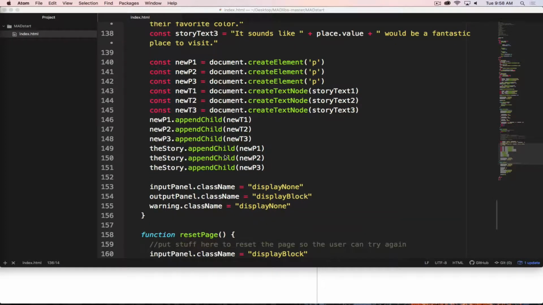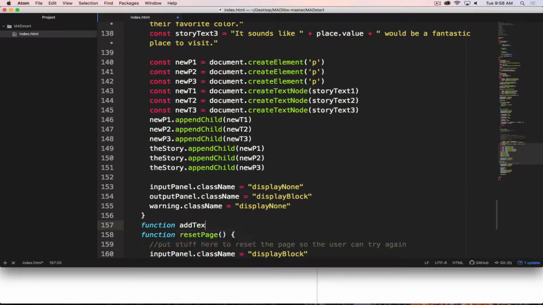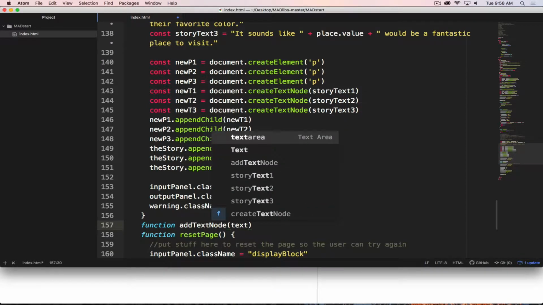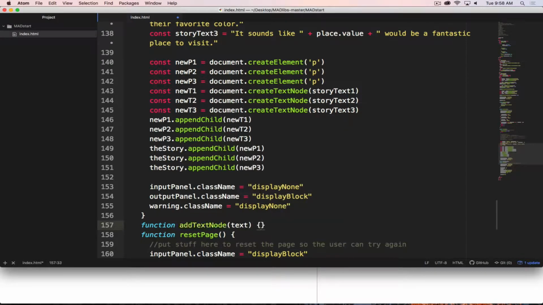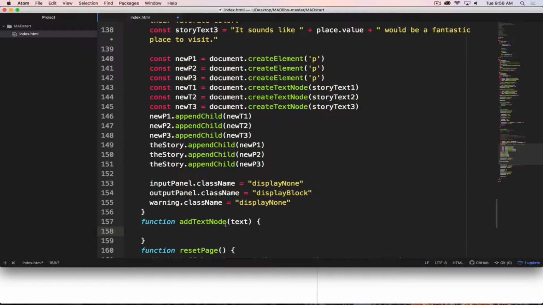Anytime we have something like that, that's a very good indication that we should come up with a way to instead encapsulate that into a function. And when it's in a standalone function, then we can just call upon that function. So we'll create a new function, and this function will be titled add text node, and it will take text as a parameter. So what that means is when we call this function, we will provide some text to it,